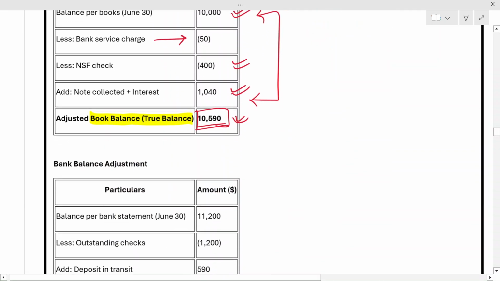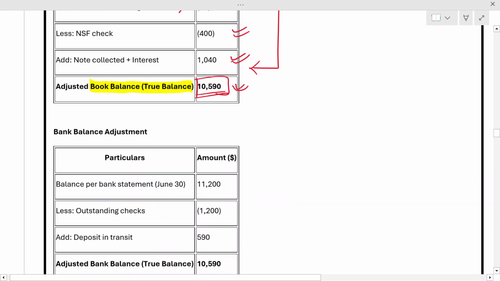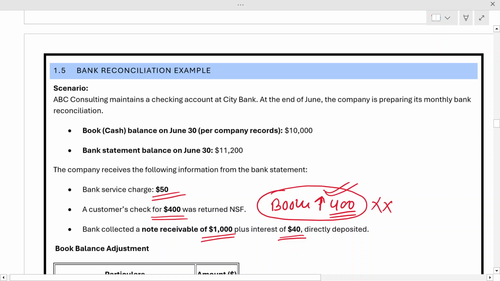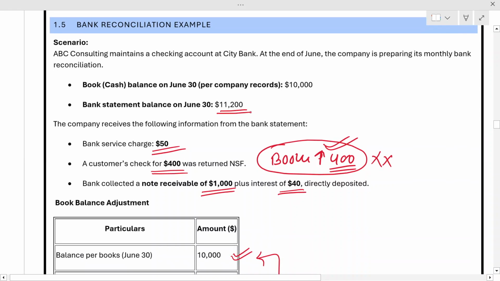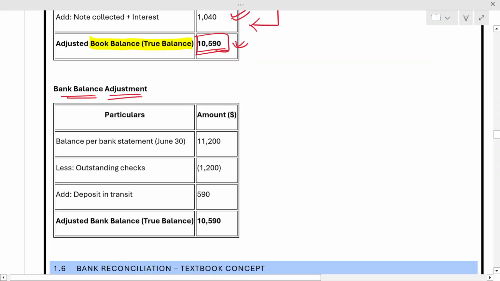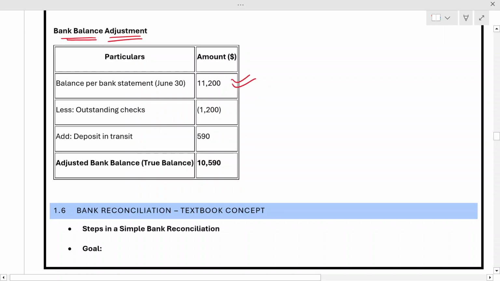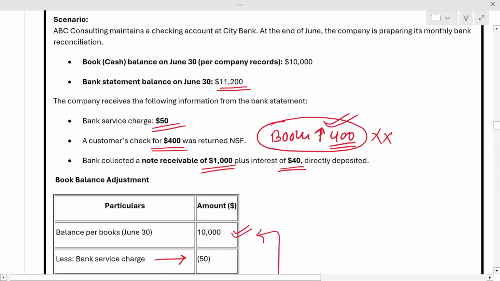Now in the bank, what will happen? In the bank's books, they will be doing certain adjustments. What adjustments will they be doing? So let's see. The bank balance was 11,200 here. Now right now, you know that, one second, within the bank there are outstanding checks of $1,200. So if I go here,